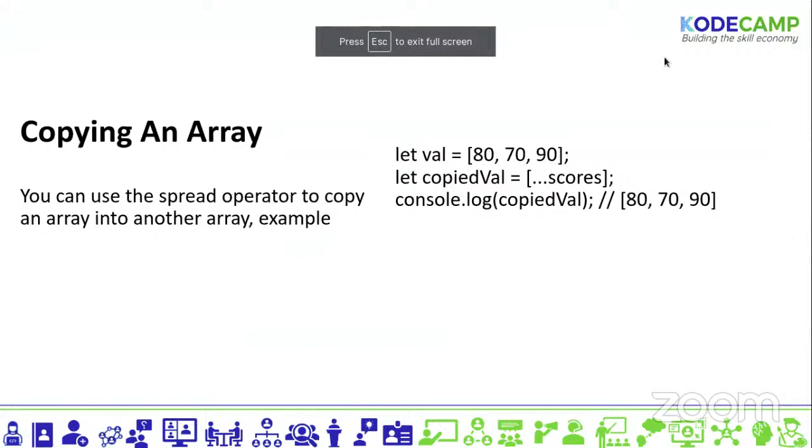You can also use it to copy an array. So let's say we want to make a copy of an array and then use it for whatever we want to do. We want to safely copy an array. So like in this example, you see that let val equals 89, 80, 70, and 90, and then, oh, this is supposed to be scores, not val. So we write,